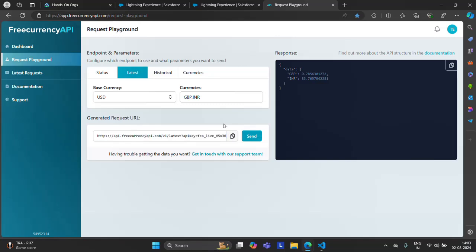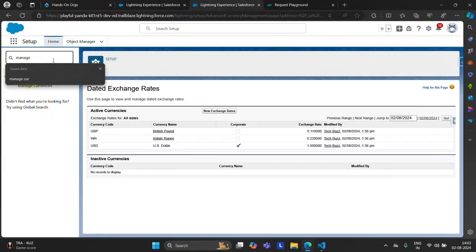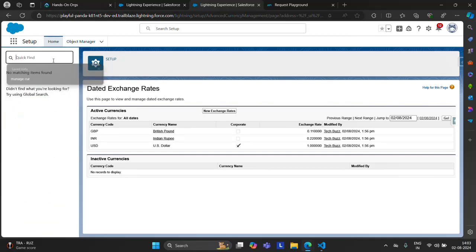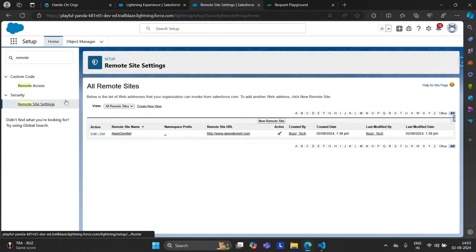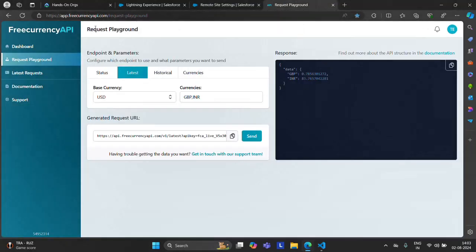Before that, you need to register this website. For registering you need to go to remote site settings, click new remote site, and just copy this URL.